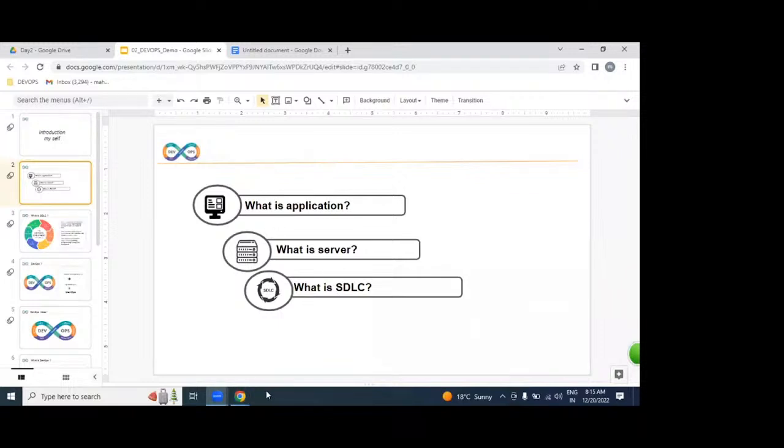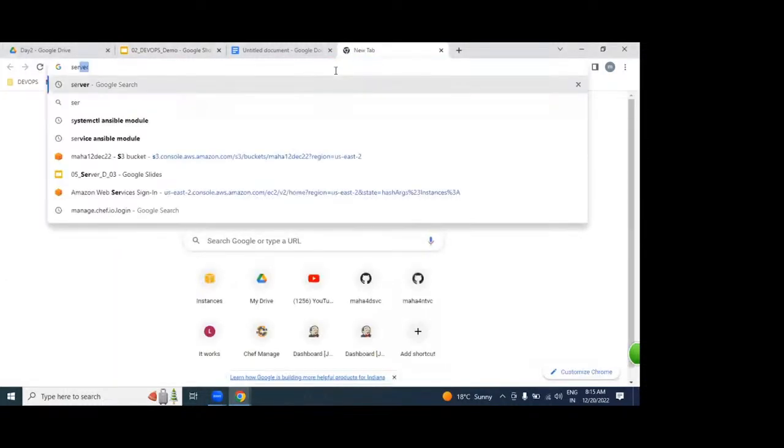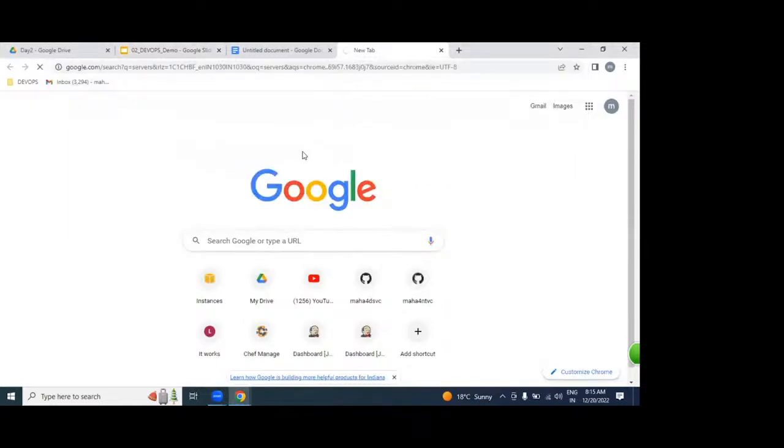What is an application? The working software written in any programming language like Java, .NET, Python, we call an application. That application is placed on the server side.